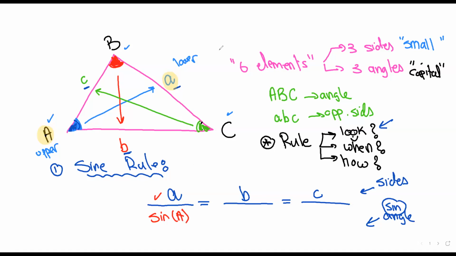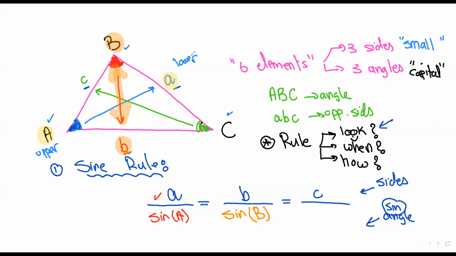Now let's check the second pair. The second pair is side B. Now what is the opposite angle of side B? The opposite angle of side B is capital B. So this is actually what we call a pair. A pair is made out of the side and an opposite angle. So if I wish to write the fraction of this pair, it would be side B divided by sine the opposite angle. So A over sine A, B over sine B,